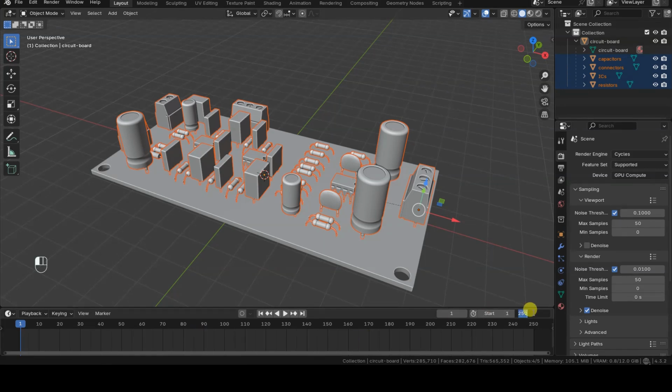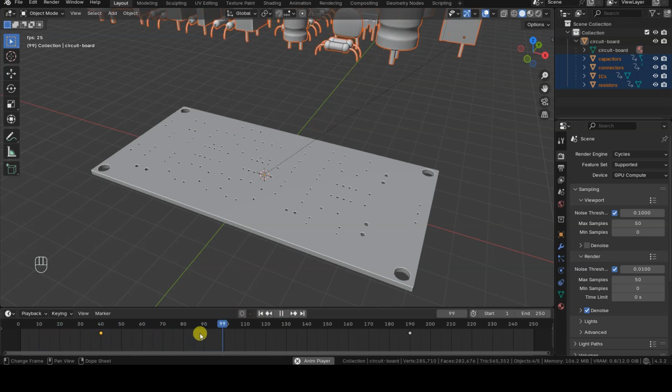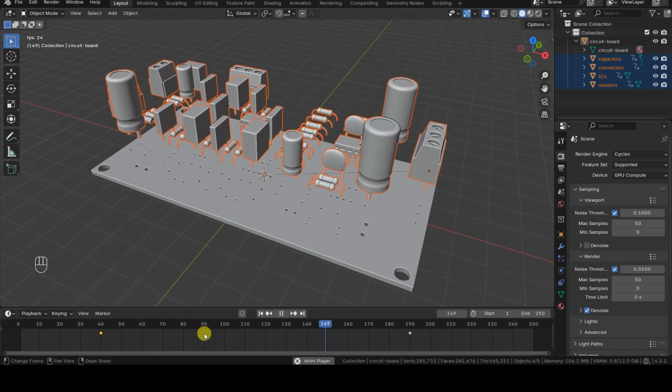Just as an example, I'm inserting this keyframe at frame 190 in the timeline, so that the animation ends with a couple of seconds where all the components remain in place. Now I move to, for instance, frame 40 in the timeline. I drag all the components very high up and insert a new keyframe for them. At this point, until frame 40, all the components remain far from the circuit and do not move. Then they all fall onto the circuit by frame 190.